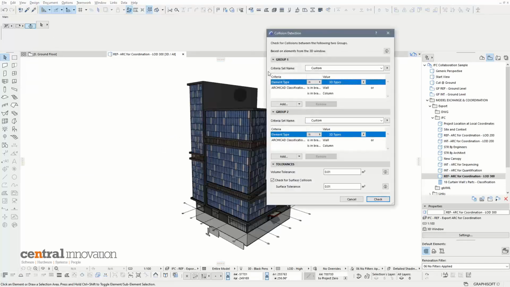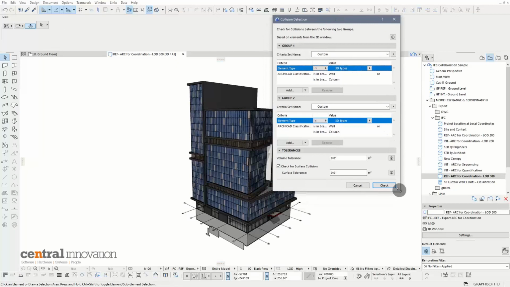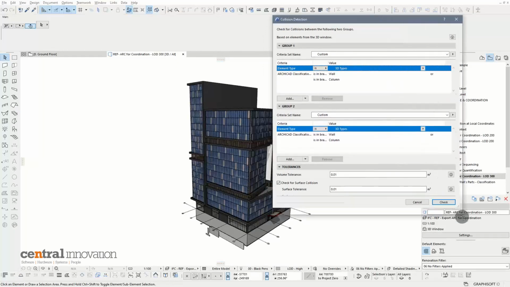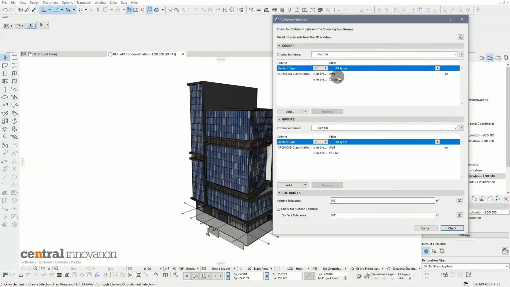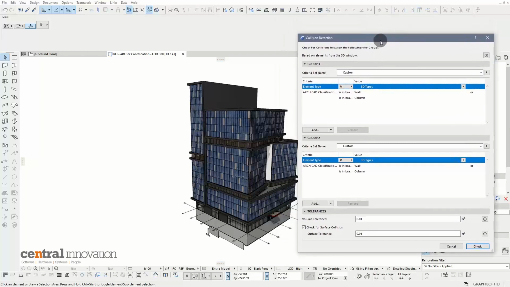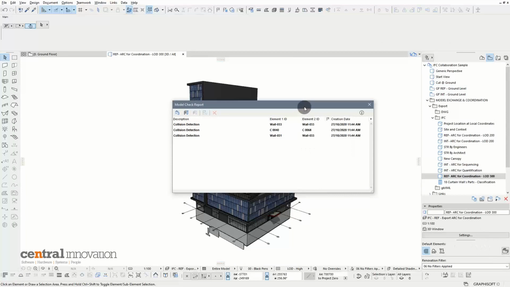And in here, what I've done is I've already built essentially two filters of the same kind. So right now I'm checking for walls and columns in group 1, and pretty much the same thing, walls and columns without any difference in group number 2. Now that's essentially faking a duplication check, but not only a duplication, it will also check for overlapping elements. So if I go and run this, and you can set certain tolerances if you need to, click on check,